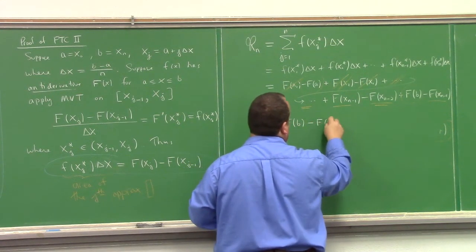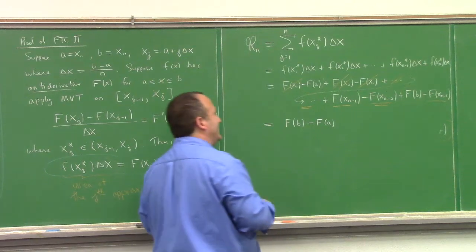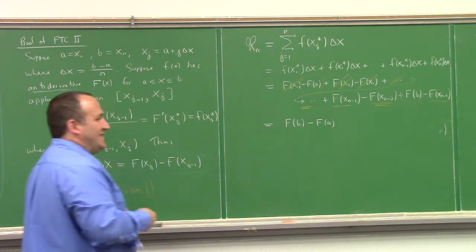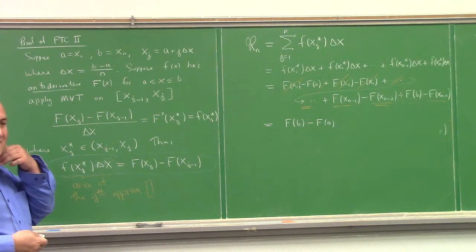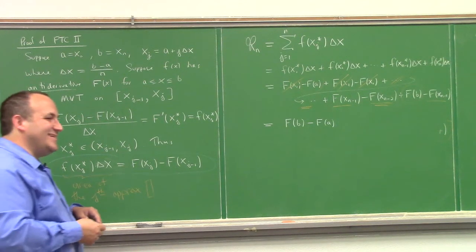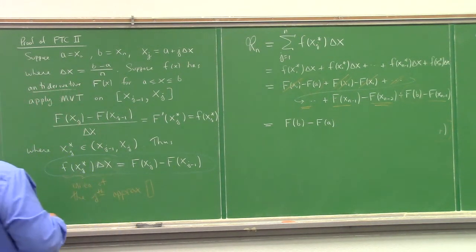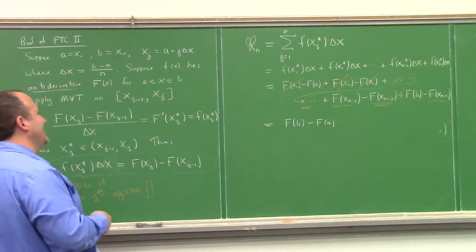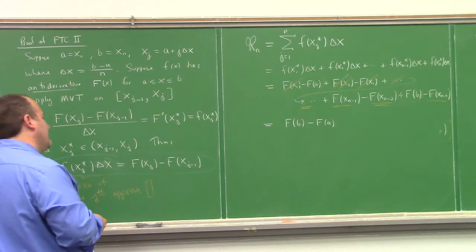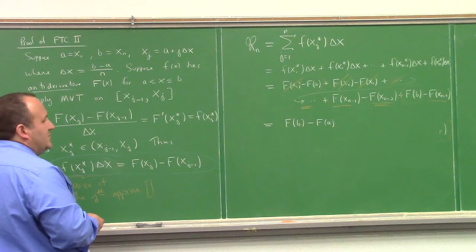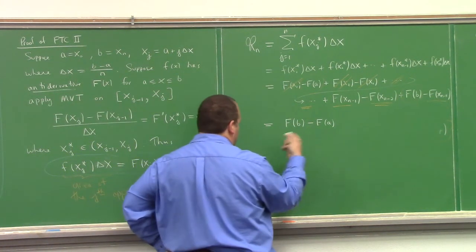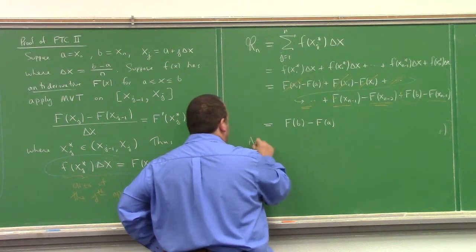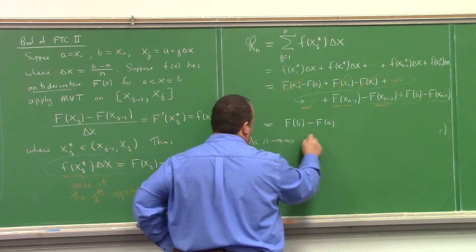And so that's why the Riemann sum is equal to f of b minus f of a. And of course, as n goes to infinity, you still have f of b minus f of a. Now, there's somehow a cheat in here, right? Because it's not true. Maybe it's true. I think it's true, actually. So anyway, taking the limit as n goes to infinity, we obtain